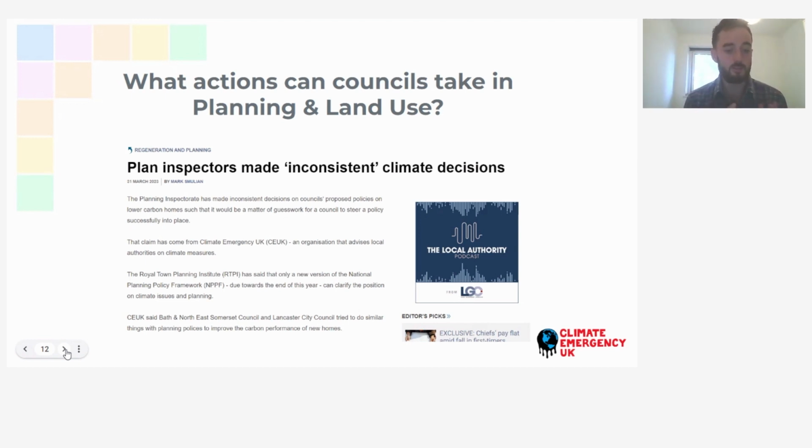The problem is one of the major blockers here is actually the planning inspectorate. So their inconsistent decisions have meant that similar net zero policies for new builds in Lancaster City Council, Greater Manchester Combined Authority and West Oxfordshire are actually currently blocked because the planning inspectorate in certain areas are saying they don't have the power, but actually in Bath and North East Somerset, Central Lincolnshire and Cornwall, they're saying they did have the power. And so we had an article published in the Local Government Chronicle calling that out with the inconsistent